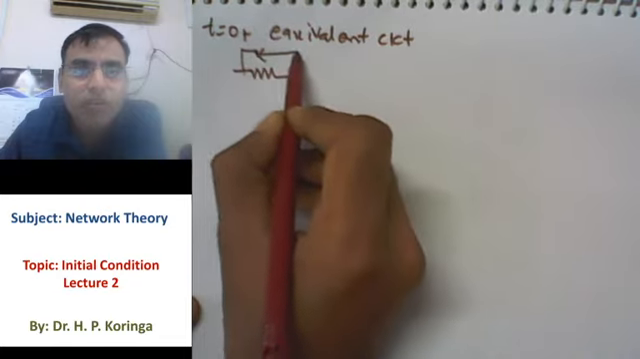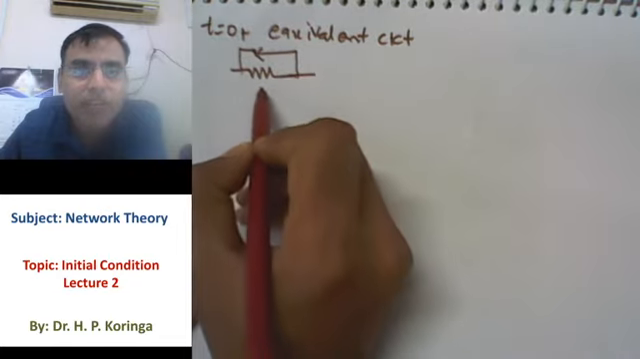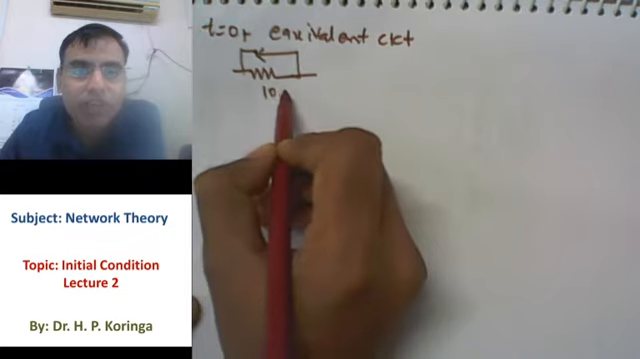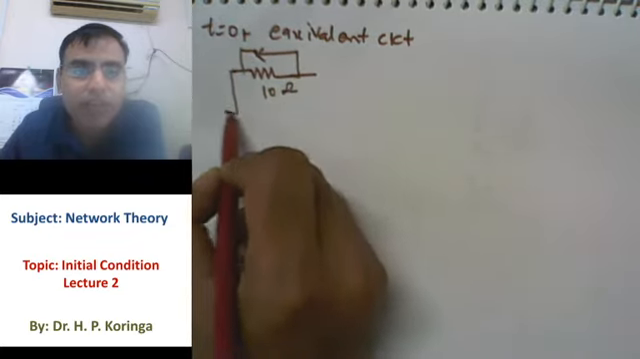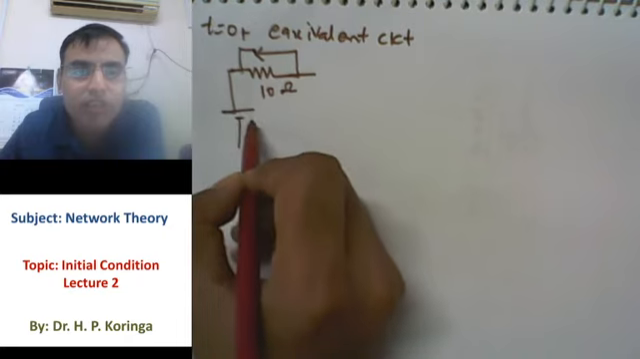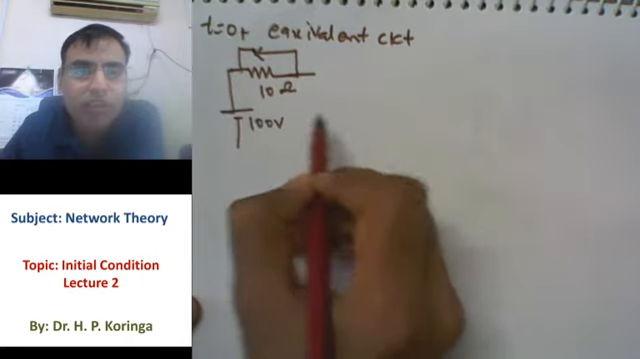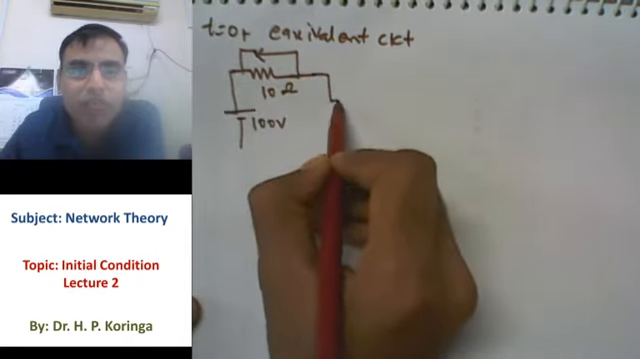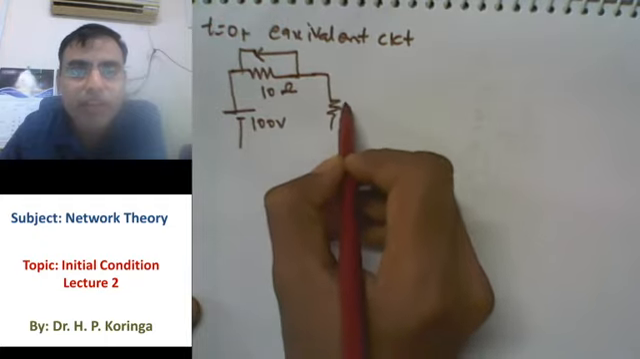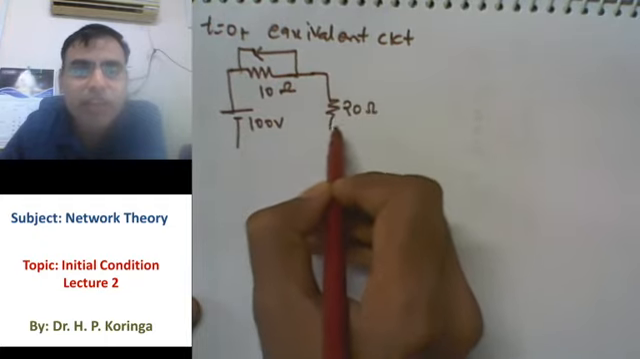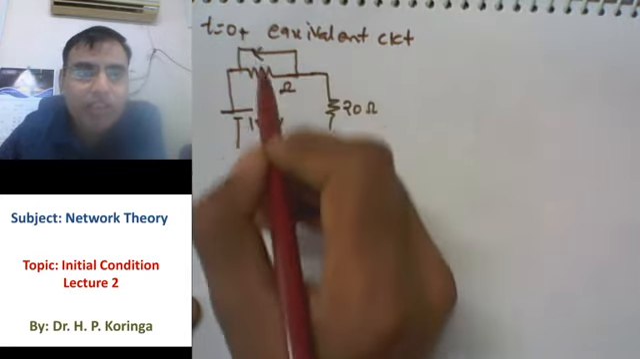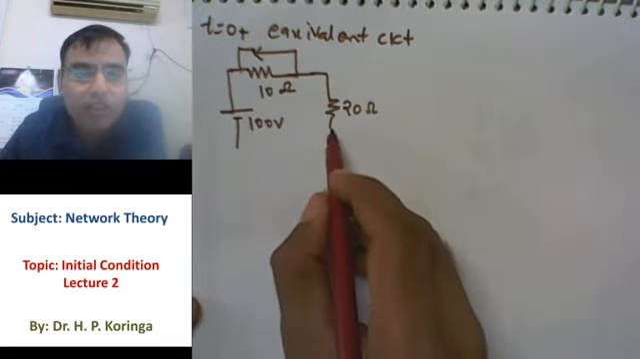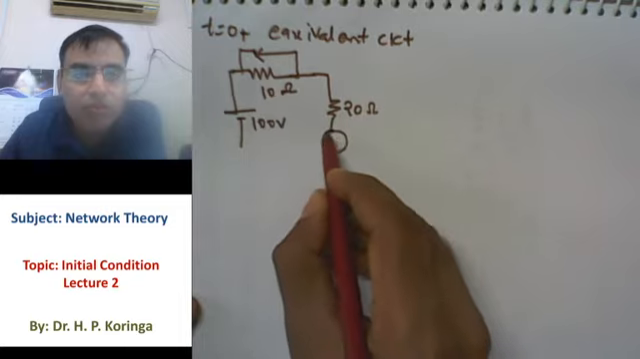It is closed, so it bypasses the 10 ohm resistance. The 10 ohm resistor is short circuited because it is in parallel with a short circuit. So this 100 volt source is directly applied to a series RL. Now at t = 0 plus, the inductor is charged, so the inductor works as a current source, and the value of